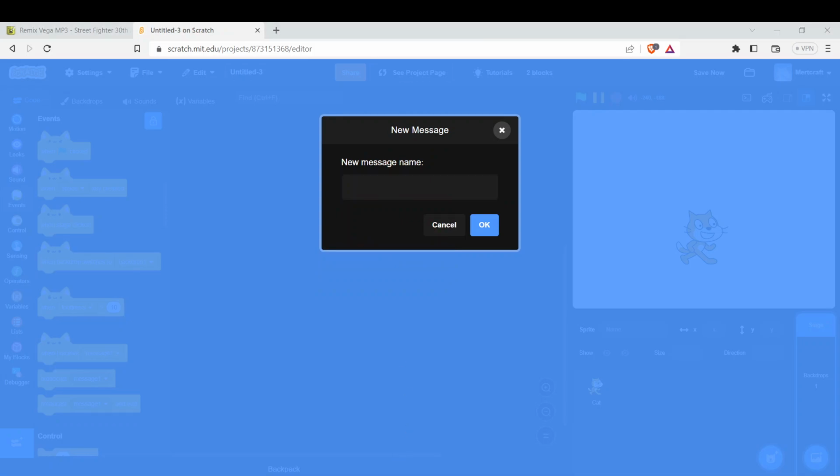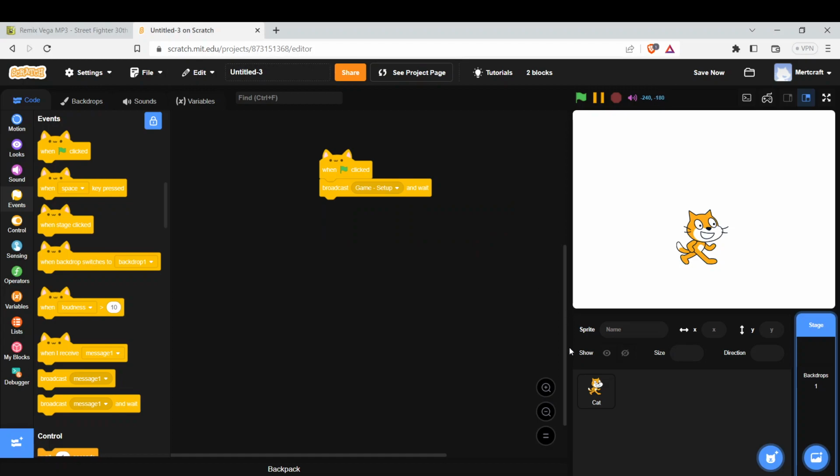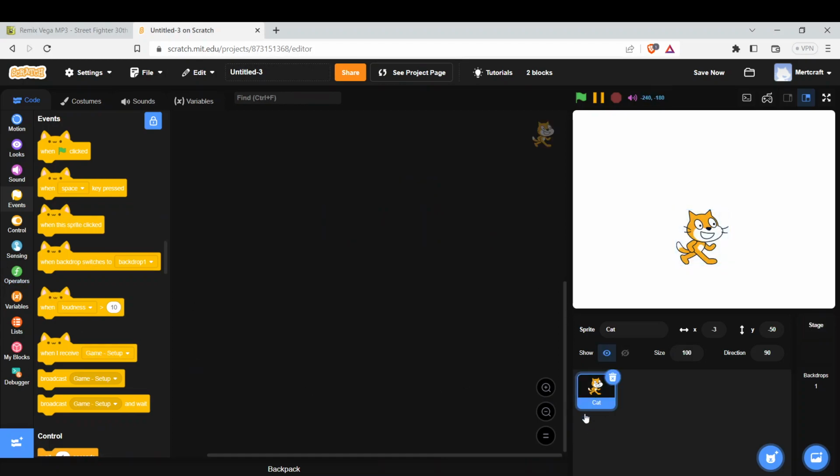And then, guys, the name of this message is going to be game dash setup. Okay, so go to the cat or your AI, let's just call this AI, and "when I receive game slash setup,"